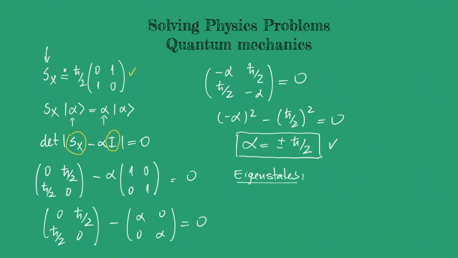First, I'll do it for spin up. We have this eigenvalue equation for the operator Sx. I will assume here a general ket plus subscript x as A and B represented by this matrix. So we already know the matrix representation for the operator Sx. Then we just plug all the matrices into this equation, and we have,